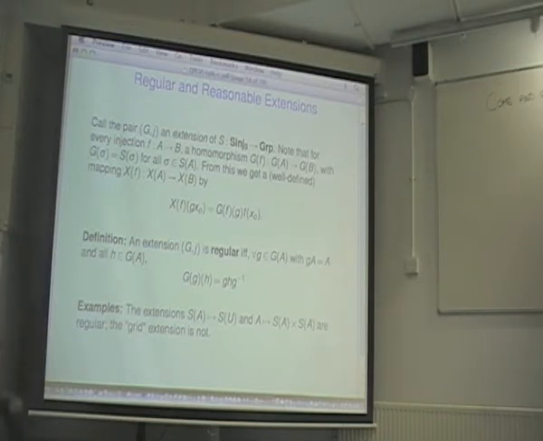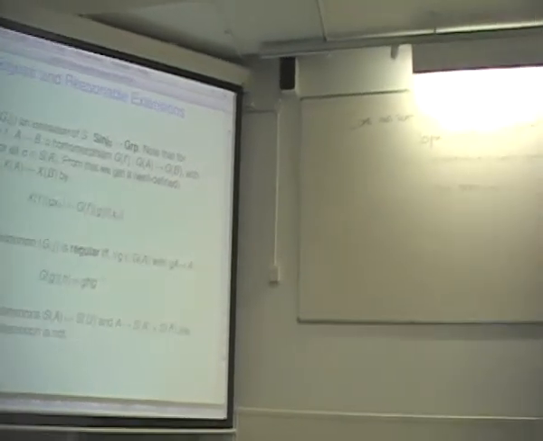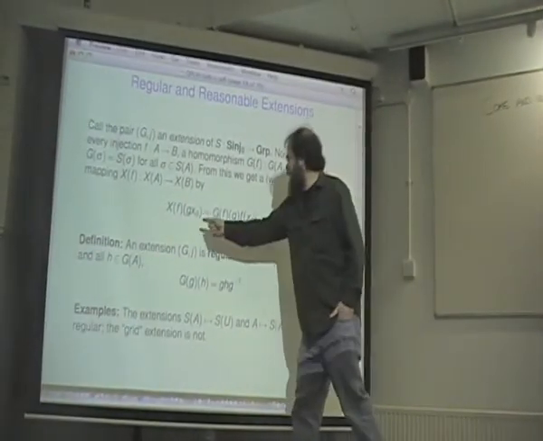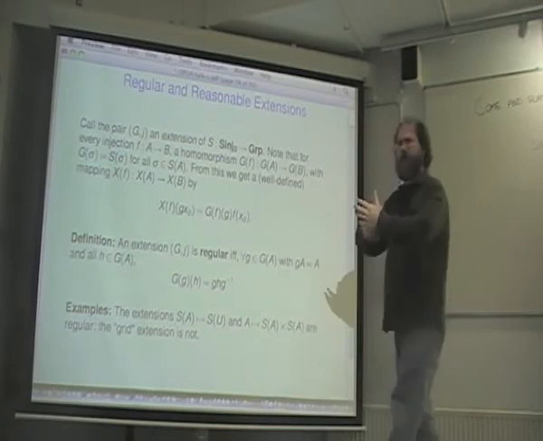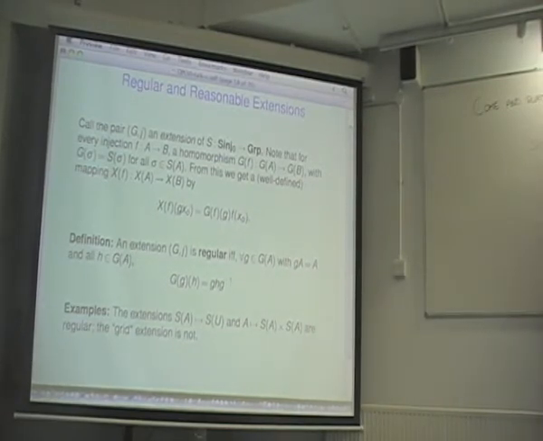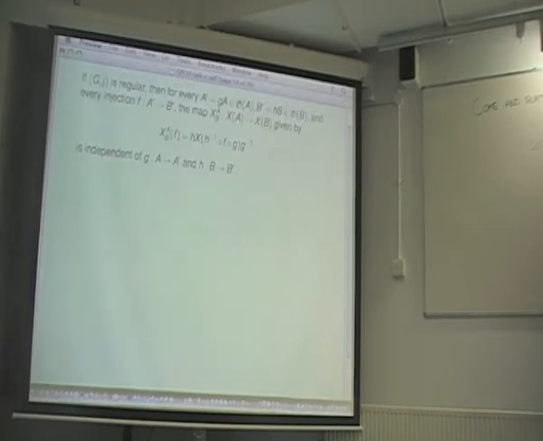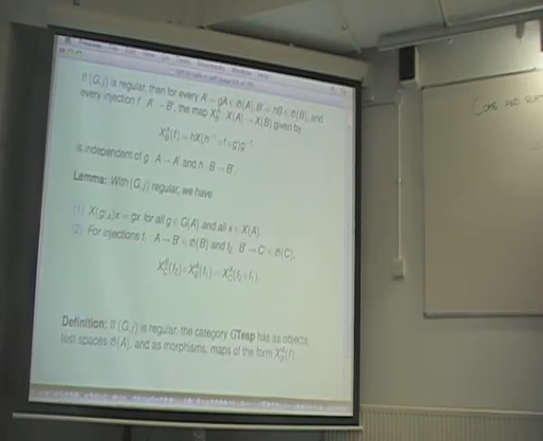I'm going to put the slides up but not read them. If I add 2 technical conditions, which I think are reasonable, one of which I'm calling regularity. Roughly, it says that I can implement group symmetry operations by means of a kind of natural functor that you can get from the groups. Conditions satisfied by the unitary extension and the graph extension, but not the grid extension. Then I get a nice category.